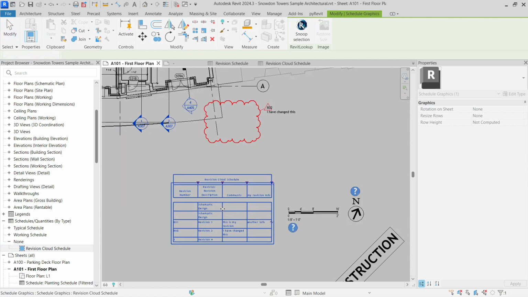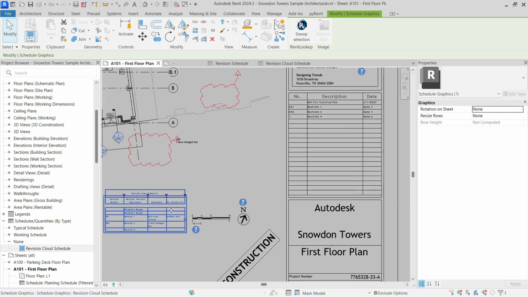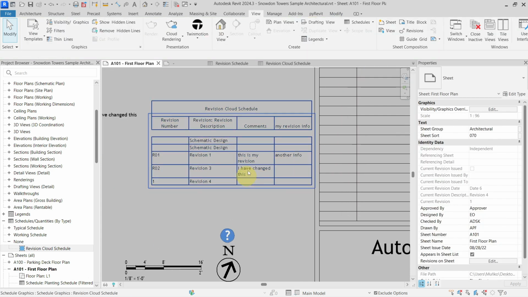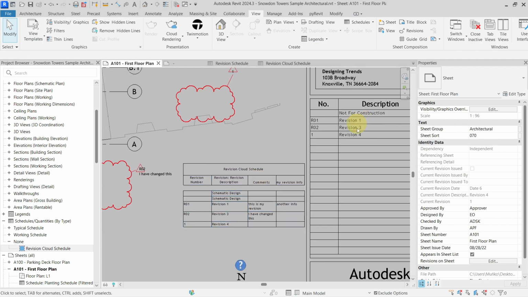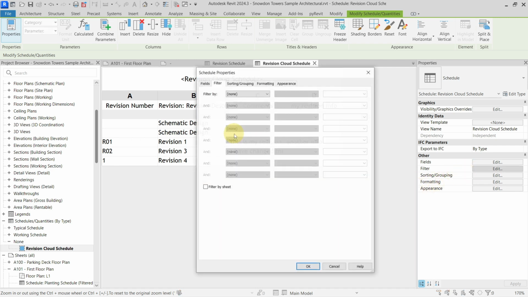Let's say in here. And now we can see, okay, this revision cloud schedule has actually more information than this one, because I am here getting all of my revisions inside of my project. So I will need to filter them